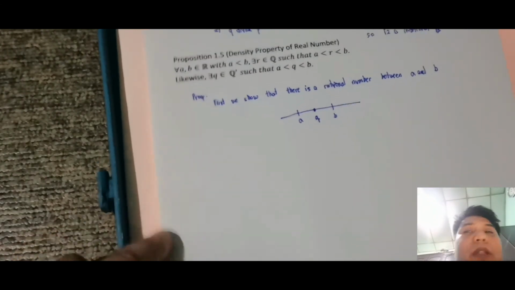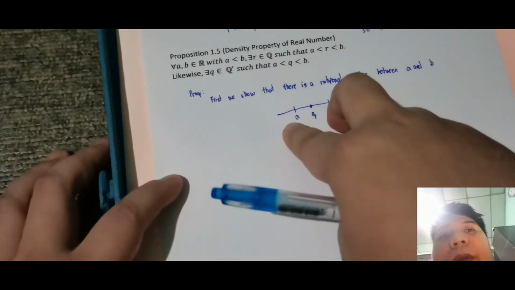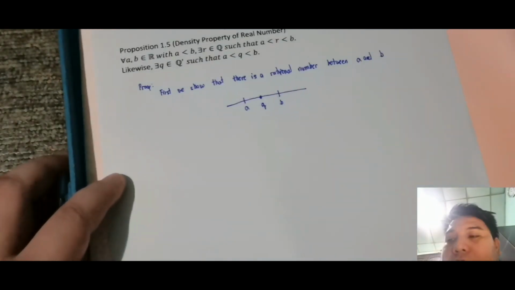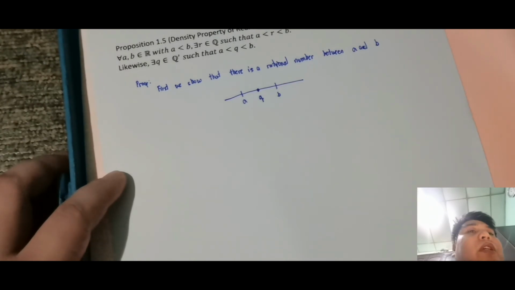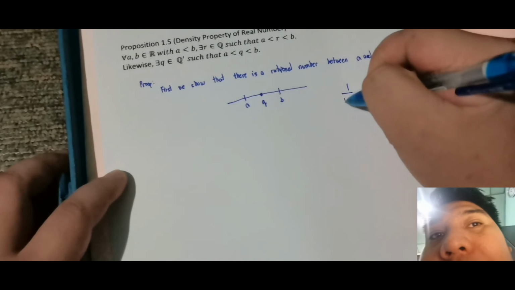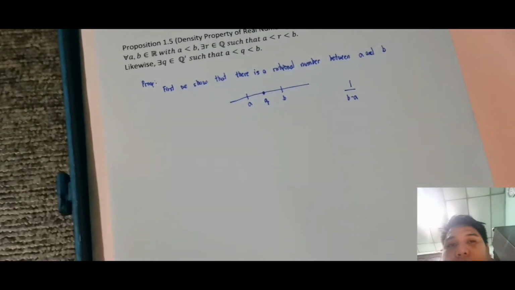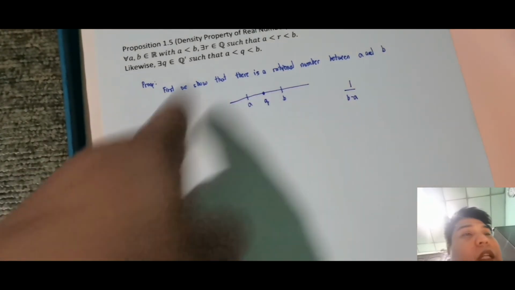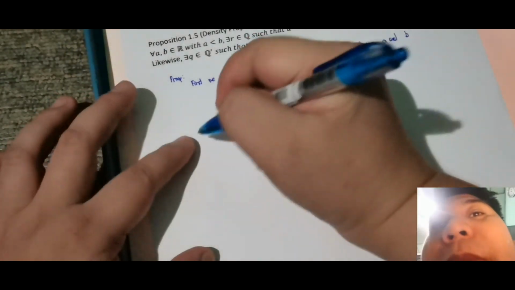So ngayon, ano ba sabi ko? By Archimedean property, ang gusto kong mangyari ito. Okay, so alam ko yung absolute distance ng dalawang yan. Tama? So, alam ko na yung 1 over b minus a, concern ko lang yung 1 over b minus a. Hindi ko alam yung q na yan. Hindi ko sure kung yan yung q ko. Absolute distance sa gitna nila, 1 over b minus a. Andiyan yan somewhere. Okay, so by Archimedean property,